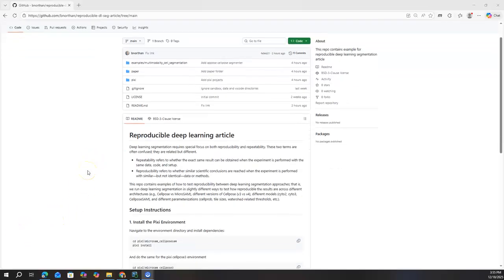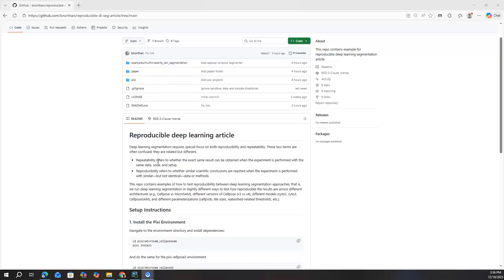One quick thing I want to mention is reproducibility versus repeatability. Repeatability refers to whether the same result can be obtained again if the experiment is performed a second time. With repeatability, you try to get the exact same answer. So you use the same code, use the same images. Basically, you're testing whether you archived everything well enough to get the same answer at a later date. Exact same answer.